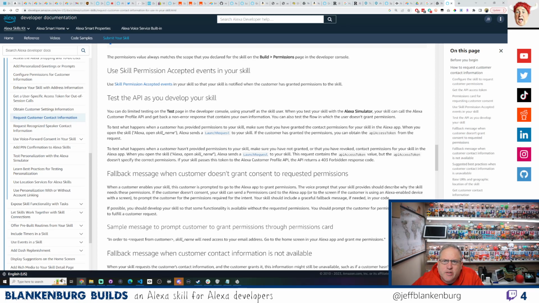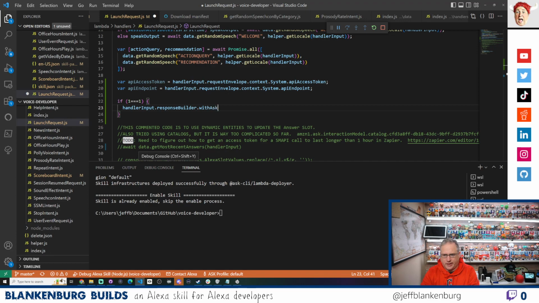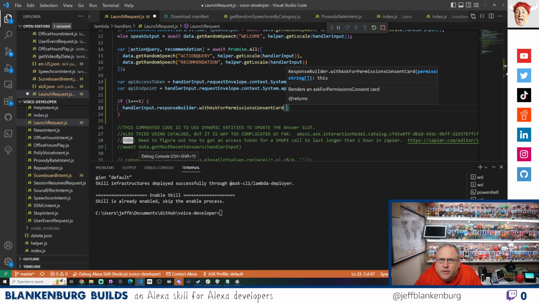With ask for permissions consent card. Okay, let's start there. With ask for permissions consent card. And in here, I'm going to have, do you guys do it as an array? You do it as an array,